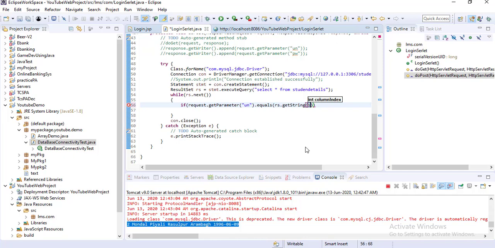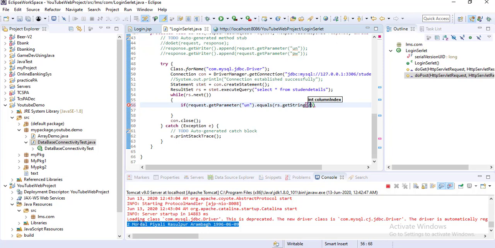Suppose I am giving the id, or you can check with the username. I am giving the first name, so I am giving 2 instead of 1, checking with 2. And for the password I am using the date of birth.